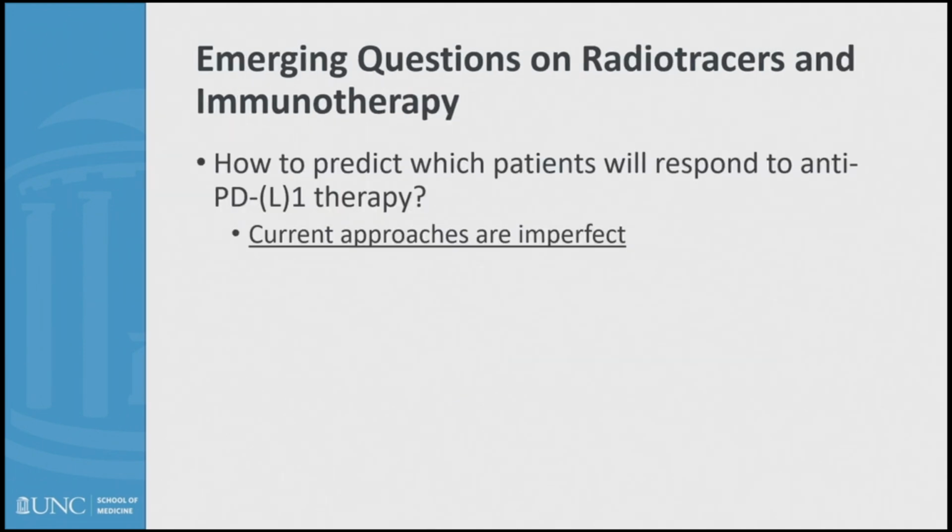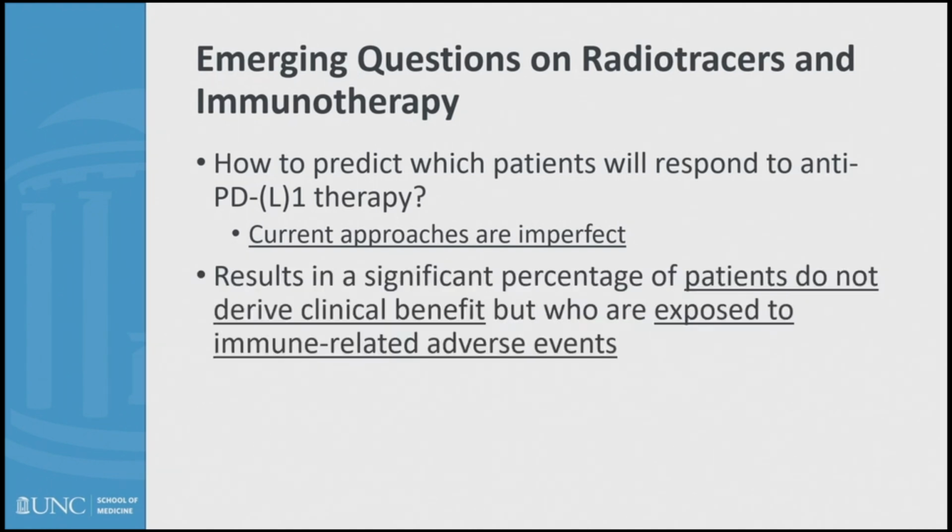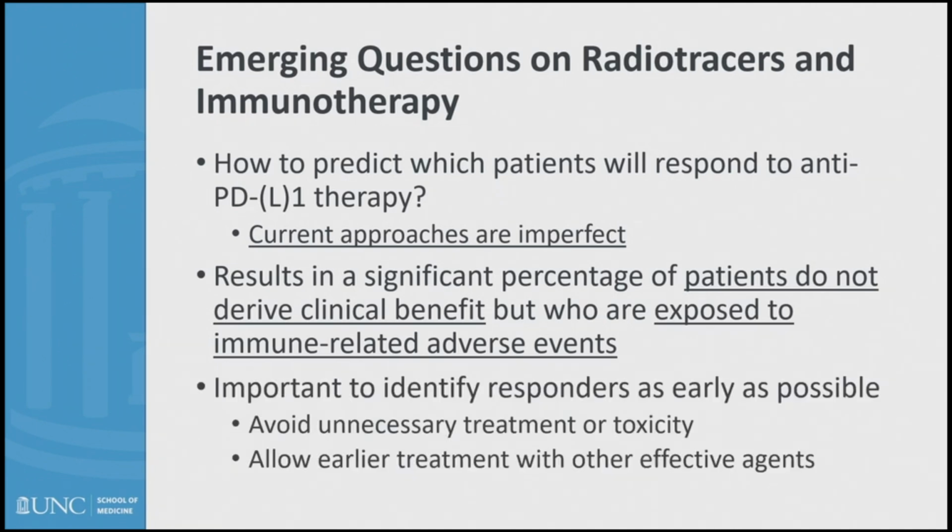So some of the questions that we're currently dealing with in the era of immunotherapy: how do we predict which patients will respond to some type of immunotherapy? Our current approaches are really imperfect, and that results in a significant percentage of patients who don't really derive any clinical benefit and are exposed to immune-related adverse events. So it'd be great if we could identify these patients up front or early so they can avoid unnecessary treatment along with their attendant risks. And can we do that through some type of